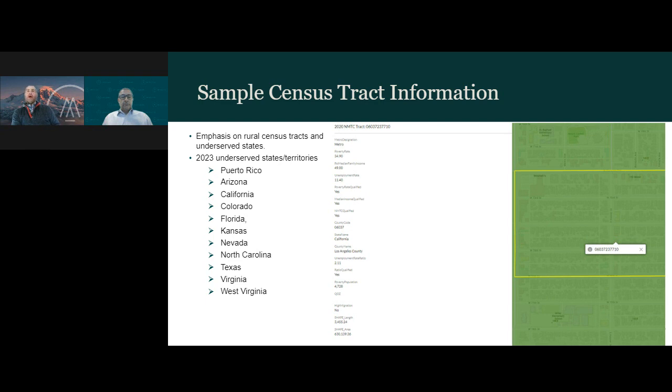And someone in the chat just asked a relevant question related to opportunity zones, that they'd heard about them in the past, and are they still around? And opportunity zones do still exist. They very much are a financing tool and an opportunity that